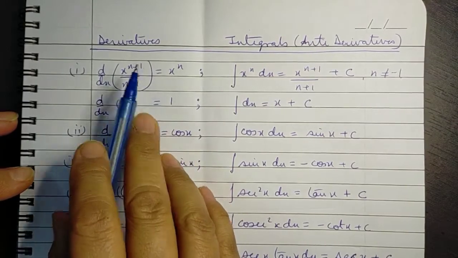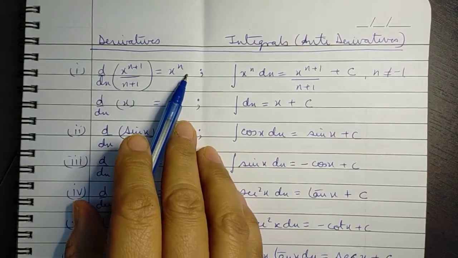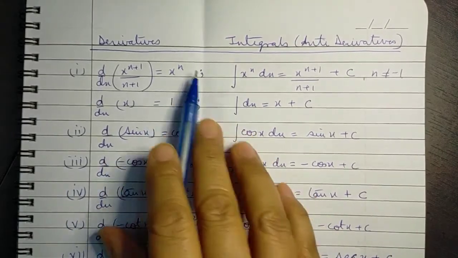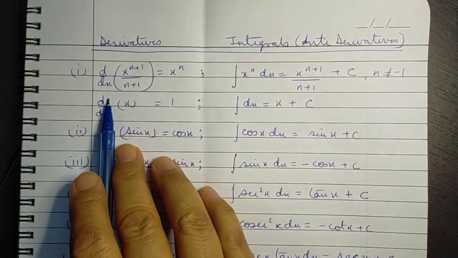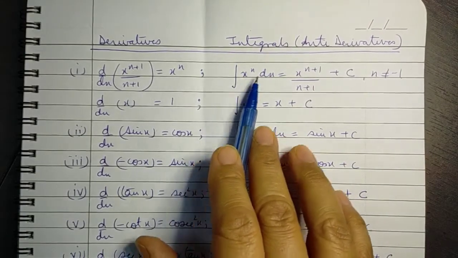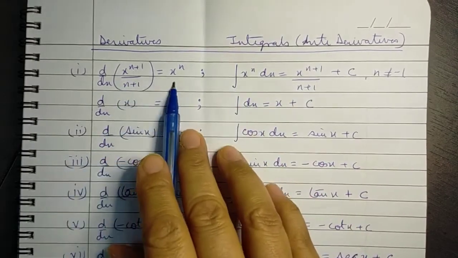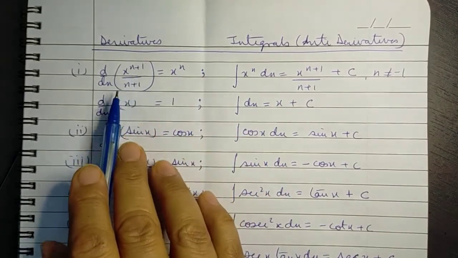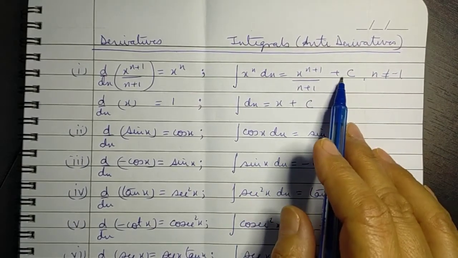We know that the derivative of x raised to n plus 1 over n plus 1 is x raised to the power n. So from this we can clearly write it as the integral of x raised to n into dx. See, in case of derivative we write d by dx. So the corresponding symbol for integral is, you write the symbol for integral and then the function and then dx gets multiplied to it. So we write from here the integral of x raised to n is equal to x raised to n plus 1 over n plus 1, and plus we have to add